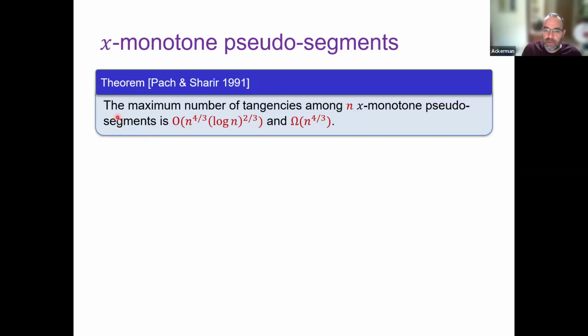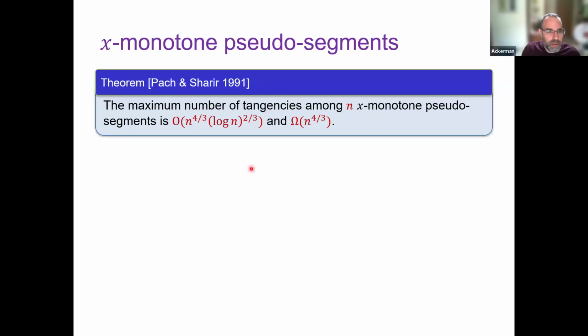It follows from the result that the maximum number of tangencies among n x-monotone pseudo-segments is at least n to the power of 4 over 3. Again, this is the point-line incidence construction. And the upper bound is not that far. It's n to the power of 4 over 3 times a factor of log n to the power